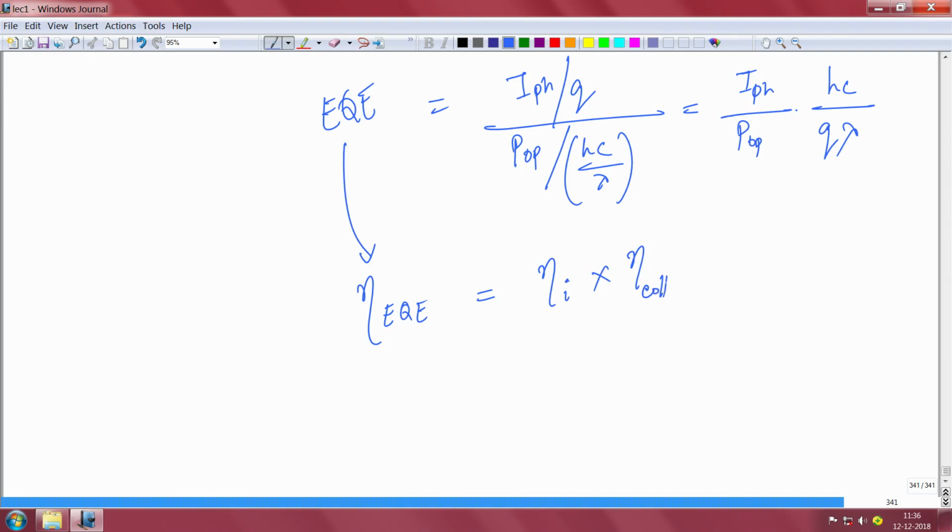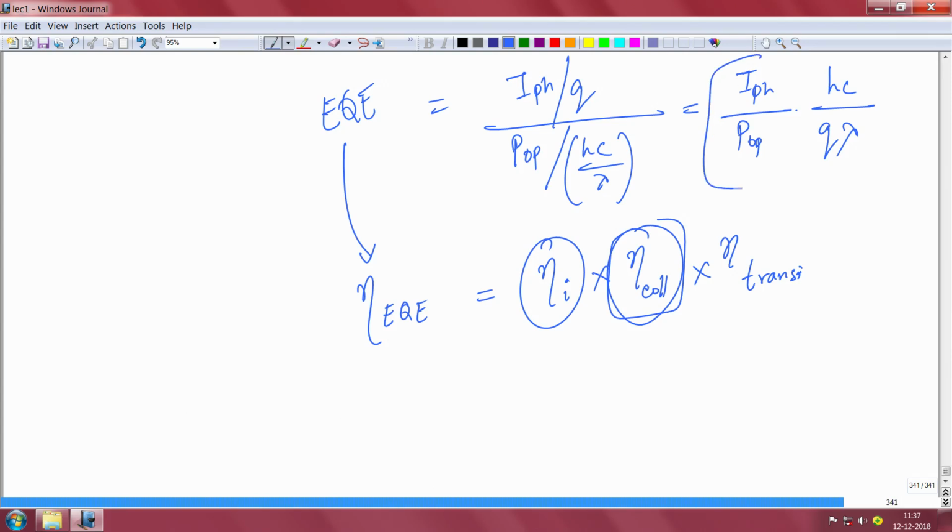Not all the electron hole pairs generated in this device can come out. I told you some of them will go to waste and get lost, in heat dissipation and other things. So that efficiency also reduces. Internal quantum efficiency was 95%. Remember, with that you have to multiply the efficiency of collection and the efficiency of transmission, because not all the photons that you are shining may reach the active region. Some might get lost in the neutral region, some might bounce off from the metal contact and so on.